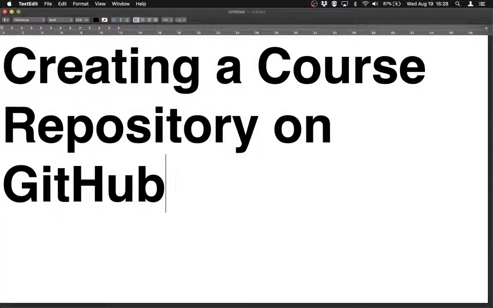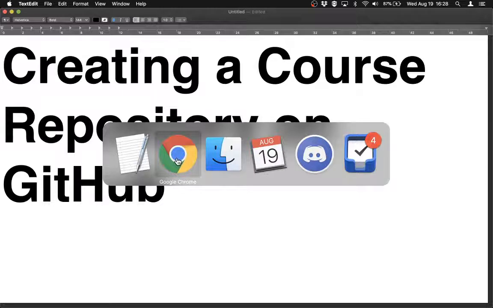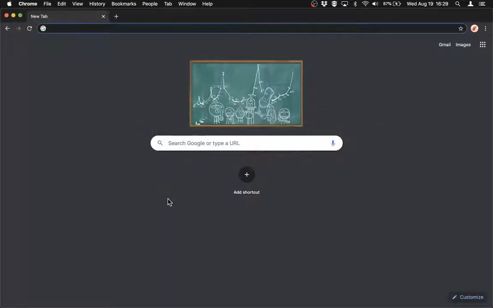Okay, so we're going to do this just step by step, and you can follow along as I do these things. The very first thing that we need to do is we need to open our browser. I'm using Google Chrome, but you could use something else. I recommend either using Chrome or Firefox in this course overall because of their developer tools. For right now, it doesn't particularly matter. So we're going to go to